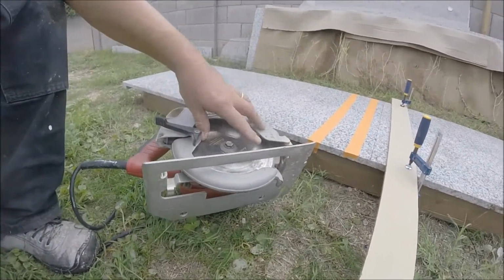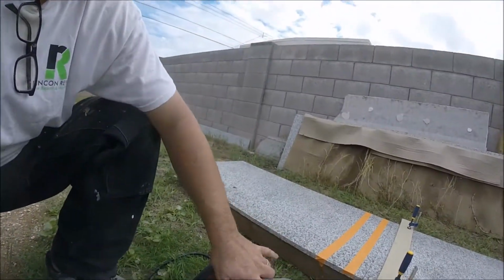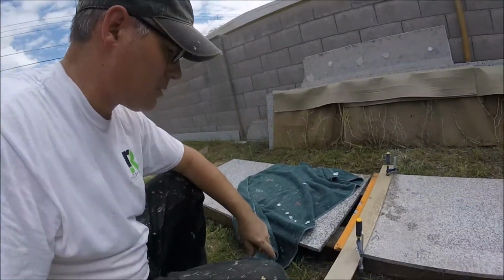I had bought a new diamond blade, but I realized I have one here. Now the only other thing I want to do is I probably want to run some water on this. So I've got the first cut done,